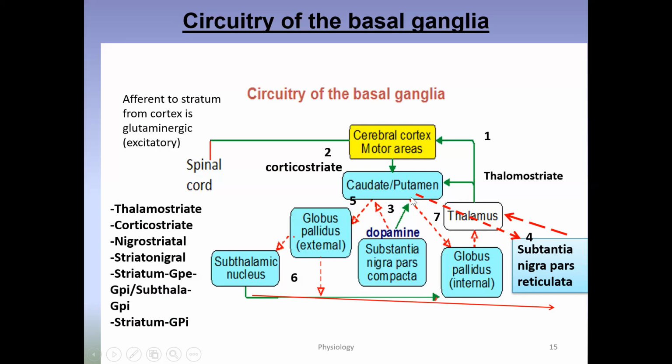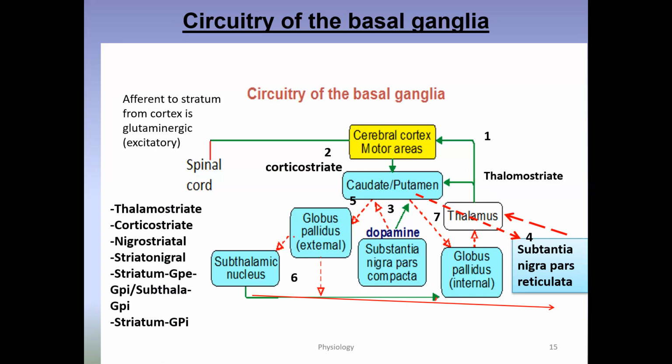And whenever there is an inhibition of the globus pallidus internal segment by the striatum's direct connection, there is no inhibition of the thalamus. So there is excitation of the internal segment of the globus pallidus by the subthalamic nucleus and inhibition by the striatum to the globus pallidus internal segment. There is normally a balance between the inhibition and excitation.